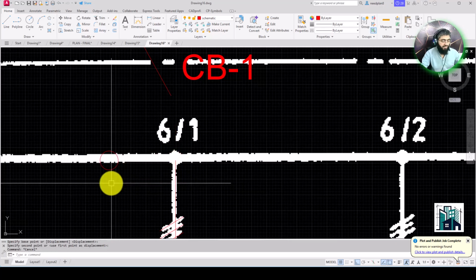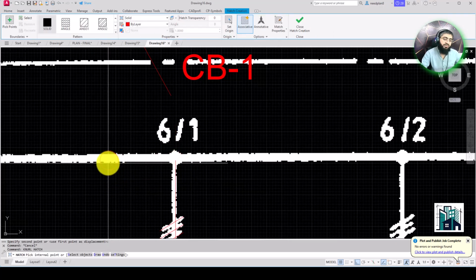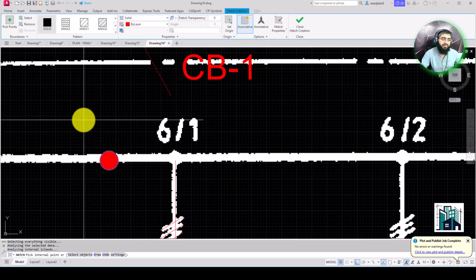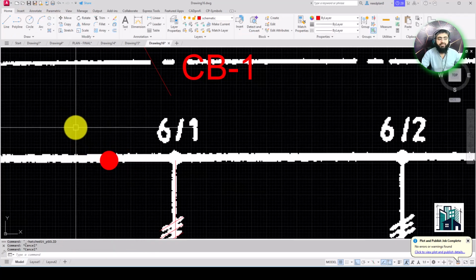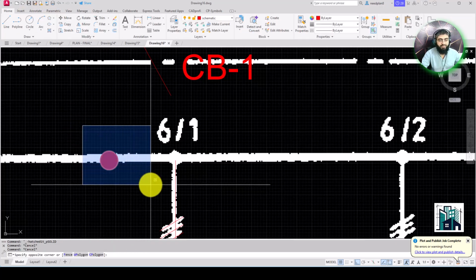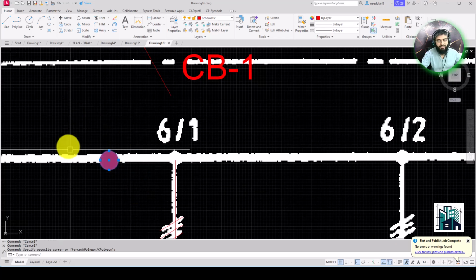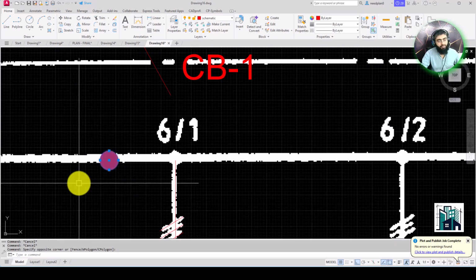So how can you make this dot? Just click K and then click here in the middle of it, and then the hatch has been done. So now I'm going to select the whole object and make the block.